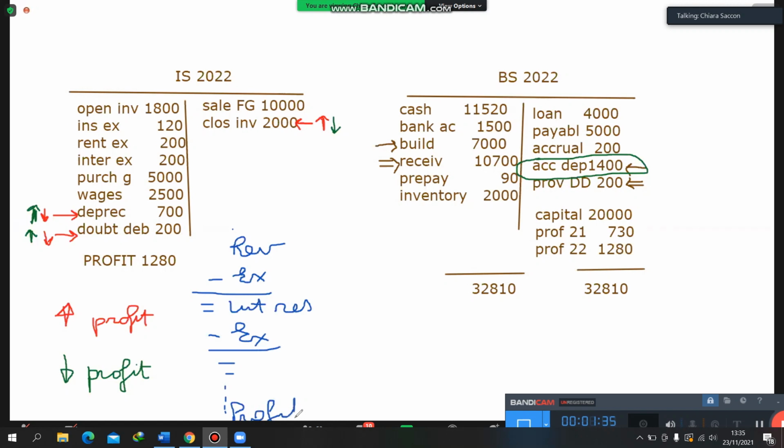Okay. So instead of a T shape, a T format like this, we use a vertical format. It is nothing different. We are only classifying, giving a specific order, and this specific order with vertical income statement can give you intermediate results that can be useful. The same for the balance sheet. If we give an order to the amount, to the different items of assets and liabilities, an order like this,